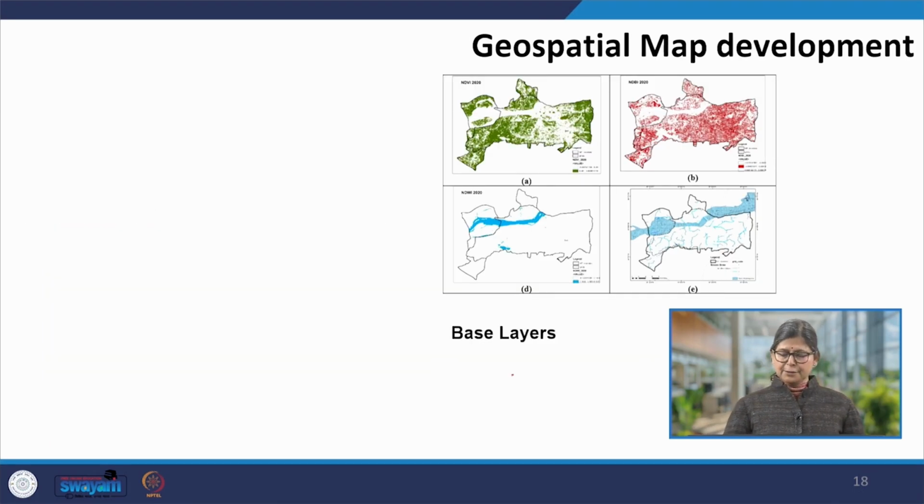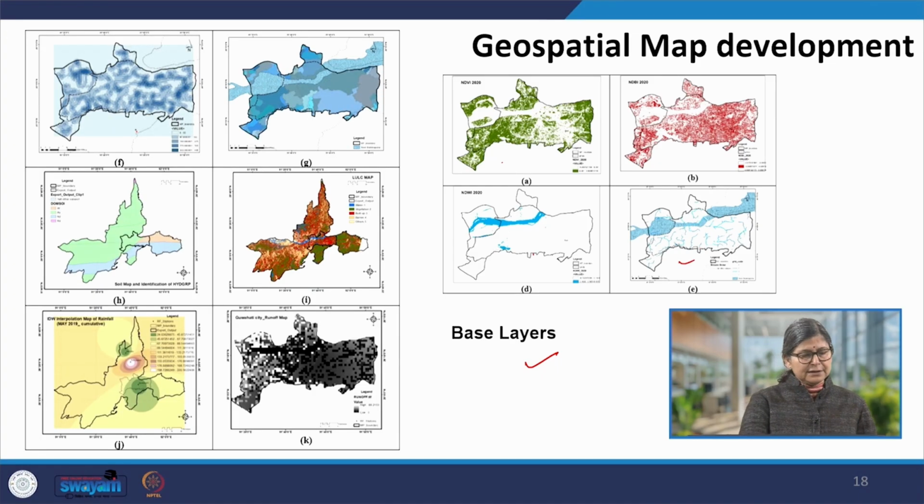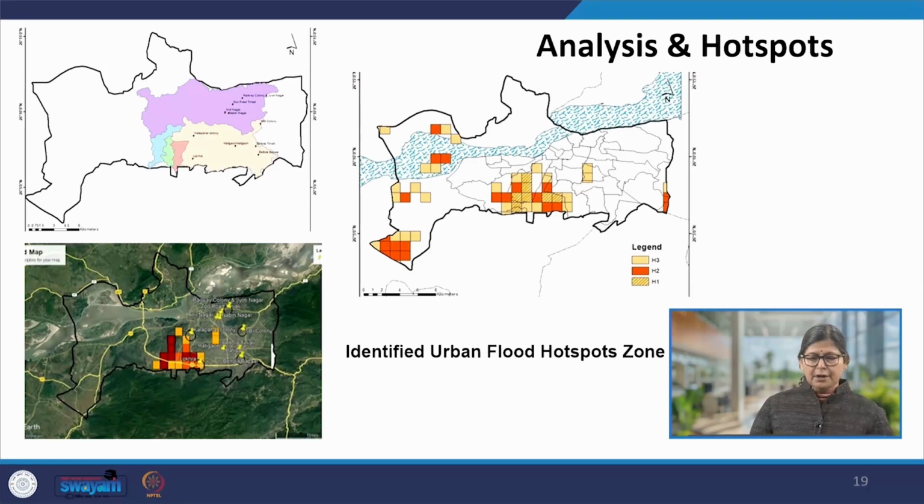And again, I am bringing back those base layers which we have discussed, NDVI, NDBI and NDWI, and then the stream orders, and then the stream network and the basins. And now you can see here the soil map was created, LULC map, the land use land cover change map was created, then the rainfall pattern was created and the runoff map was created. So these many layers have been created, and based on this creation,